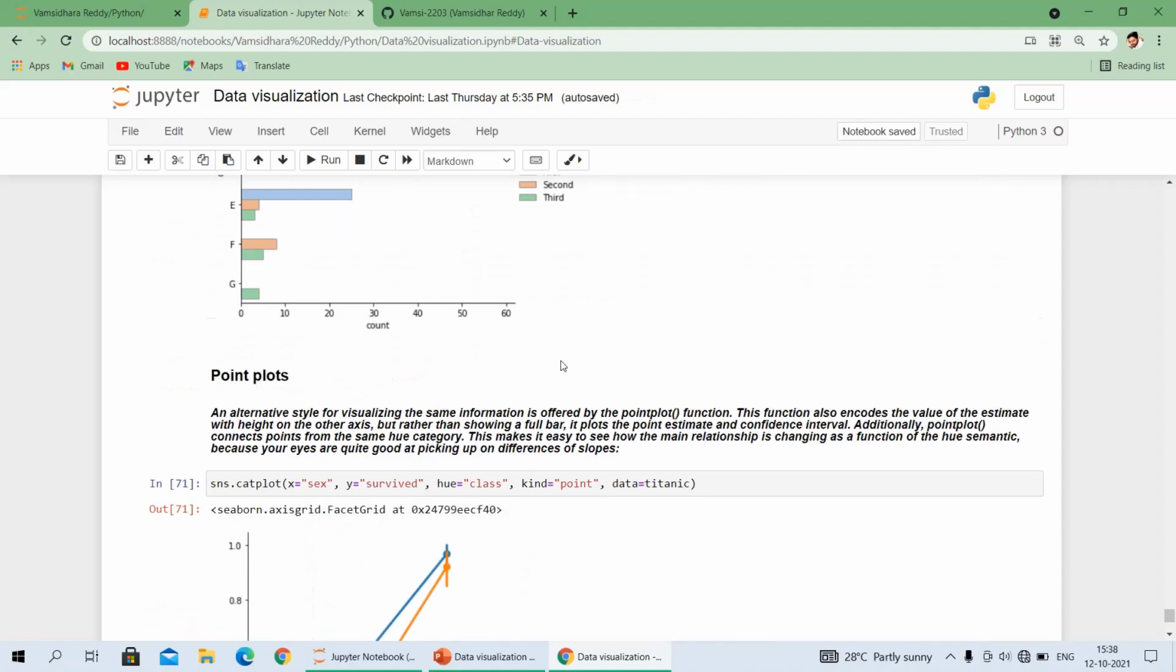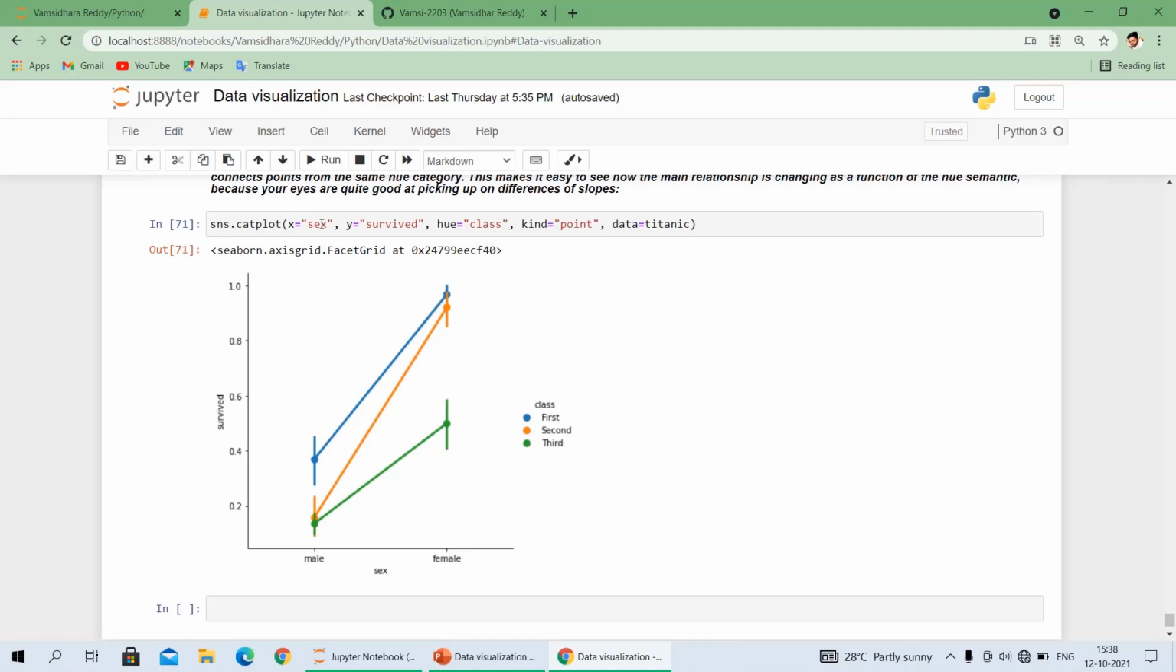And the last thing is the point plot. It is an alternate style of visualization. The same information is offered from the point plot function. The function also encodes the values of the estimate with the height on the other axis, but rather than showing a full bar, it shows points: a bottom point and a top point. When we take x as sex, y as survived, and hue as class,